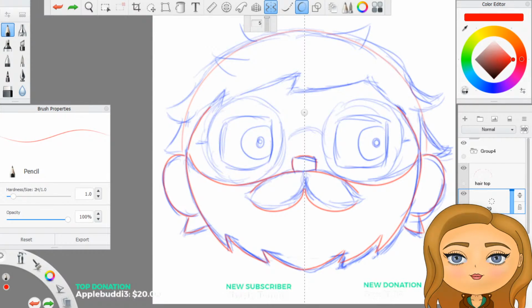Like, they're kind of square, but then they're also kind of not. I don't know how to draw these eyes.